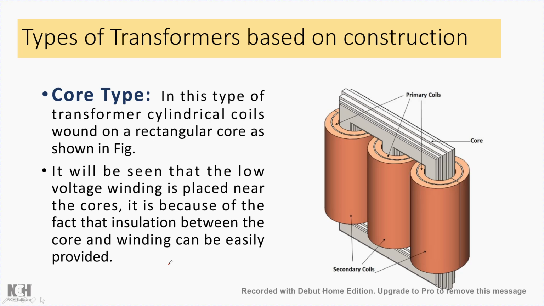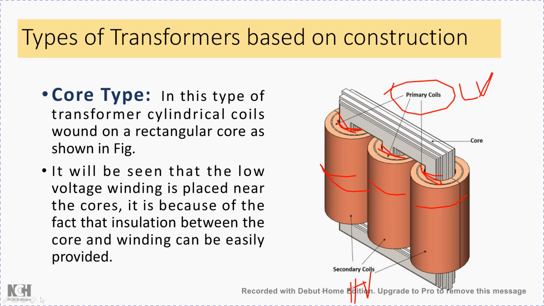Okay, so the insides of the 3 cores are wound with the primary coils. You can see this area, the primary coils here, and the outer coils are the HV coils, or the secondary coils. So basically the primary coils are here, LV. This will be of LV type, and the outside coils will usually be of HV type.